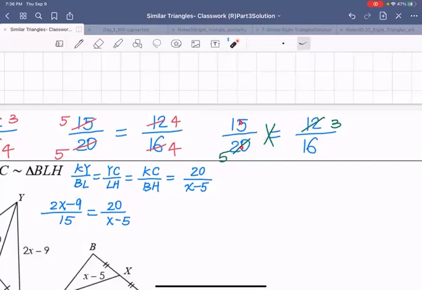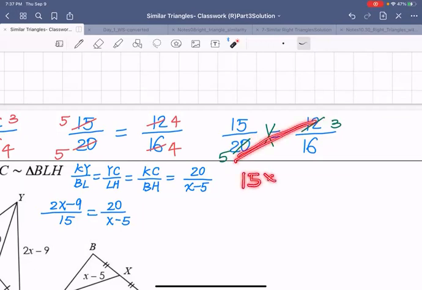15 over 20, 12 over 16. I want to cancel these two guys. 12 over 4 is 3. 20 over 4 is 5. So after you're doing simplification this way, you are saying